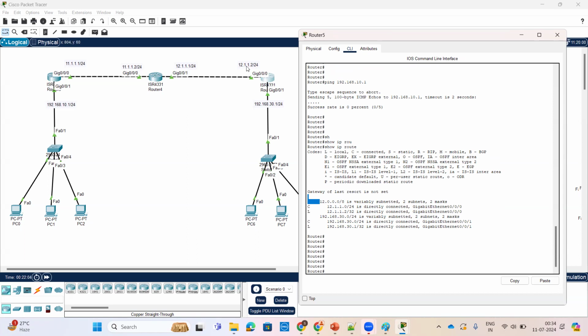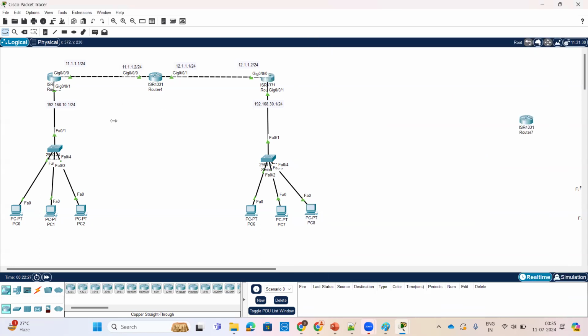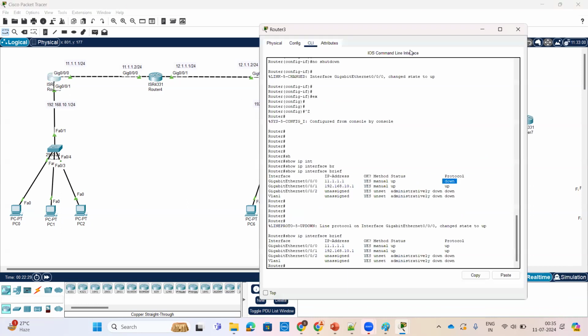So 12 dot, directly connected, and 192.168.30.0, it's directly connected. This is the LAN and WAN interface. Only those are showing here. That is how we check the routing table with this command. Now here we will enable the RIP protocol